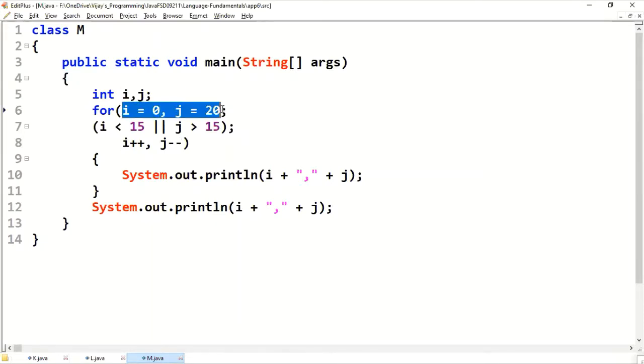This is one section, this is another section, this is the third section. We have 3 sections. What is the output? Everybody has to try. Please send it in the chat window.